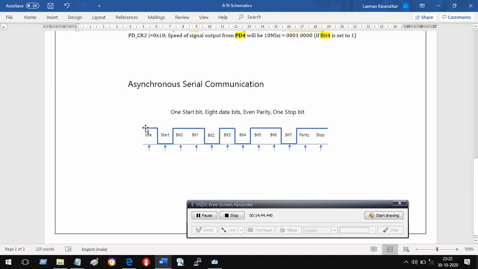As soon as it wants to start sending something, the first thing it does is come to logic 0, and after that it will send the data. It sends the least significant bit first and the most significant bit at the end. This is how it transmits its data.